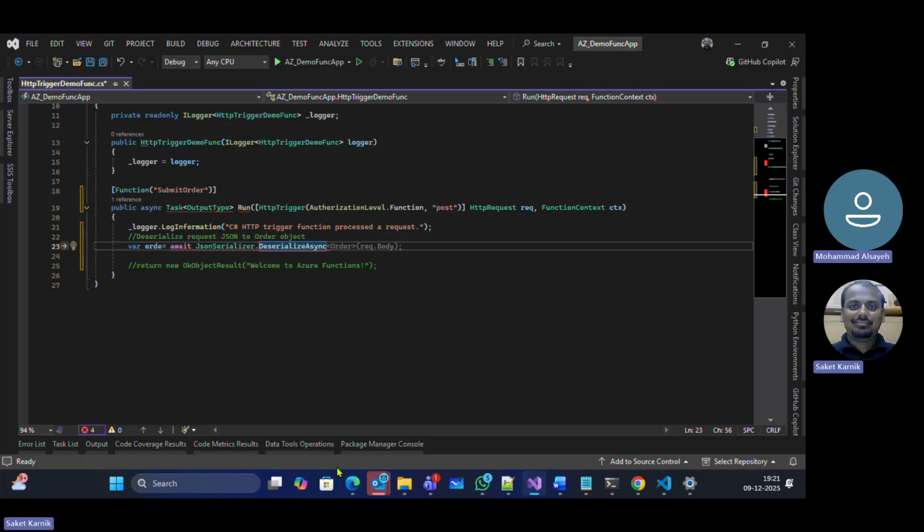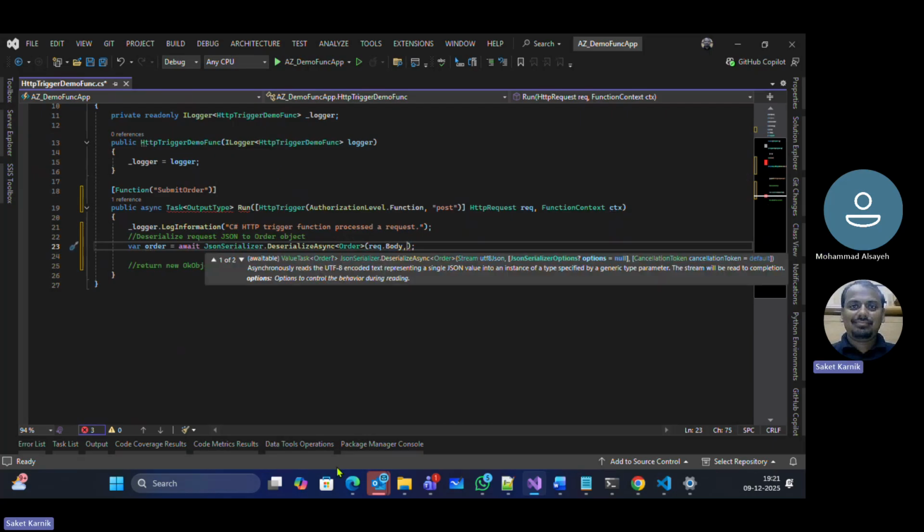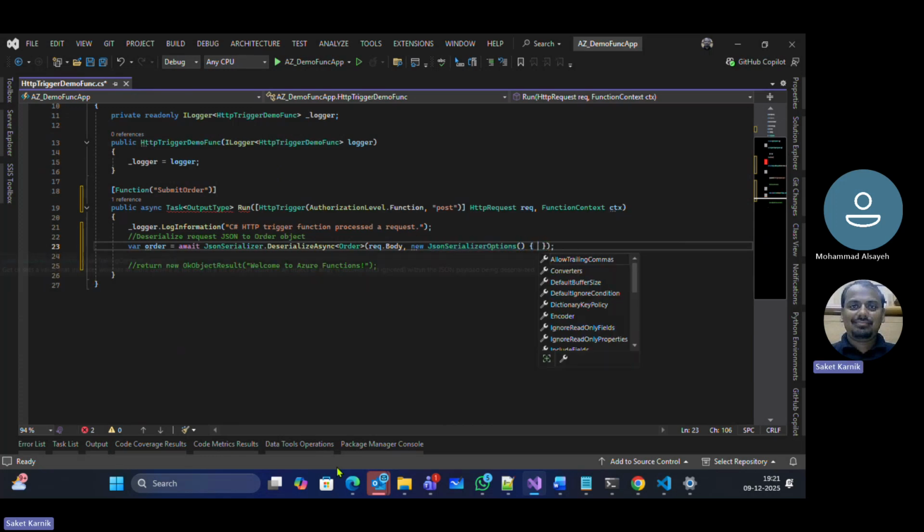I am looking to deserialize an object of type Order from where it is going to take the input from is the request.Body, and then some options I want to pass here as new JsonSerializerOptions